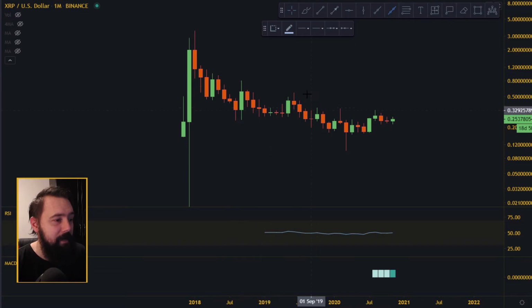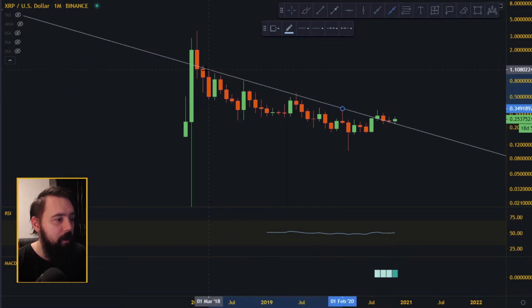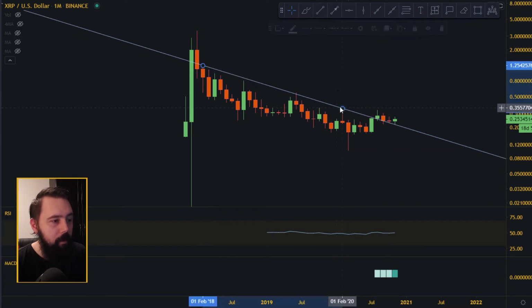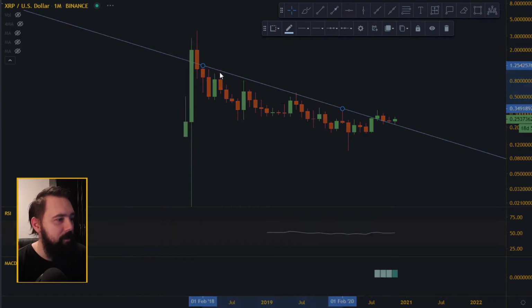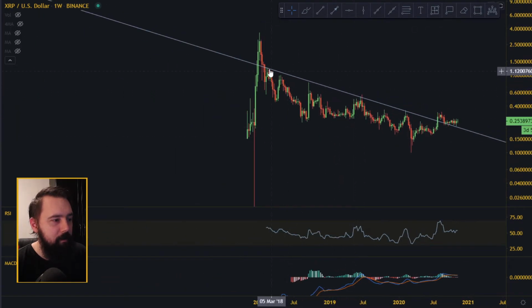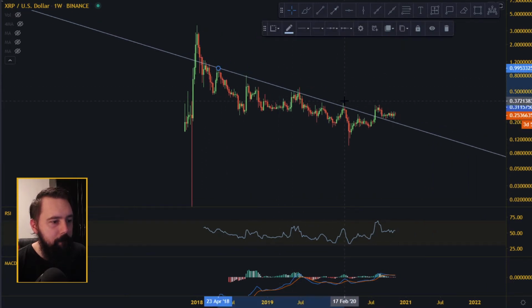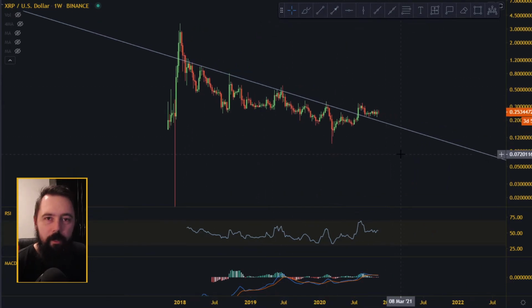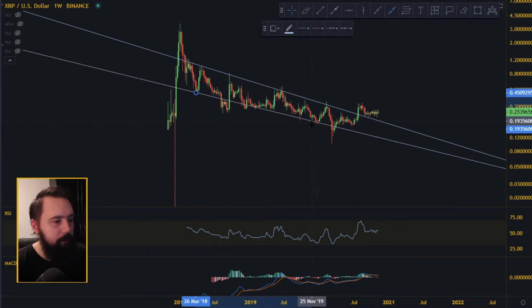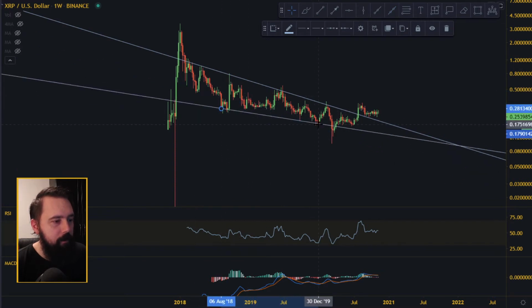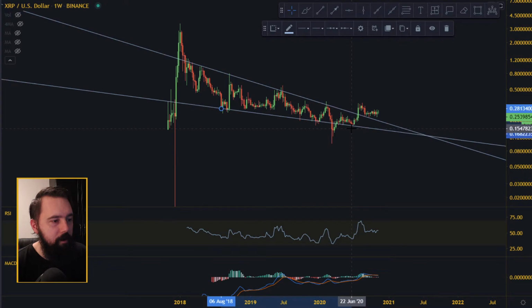What has been happening here, this is on the monthly chart, we have had a falling wedge. It depends on how you draw it. This is on the monthly, so it's not that accurate, but we can go into weekly and try to pick up better tops for it, right? This seems to be a natural resistance line in the downtrend. I think it's also somewhere here, like this, maybe over here.